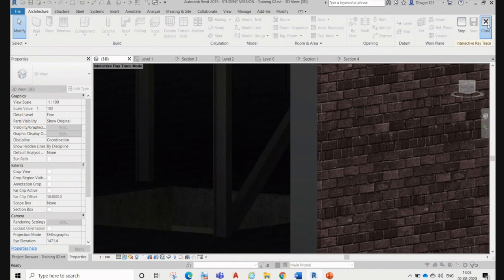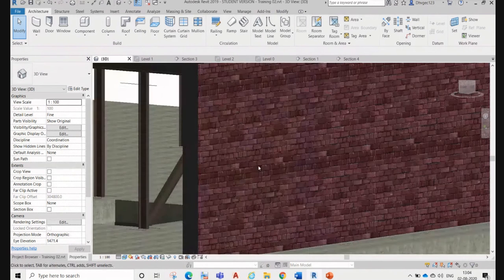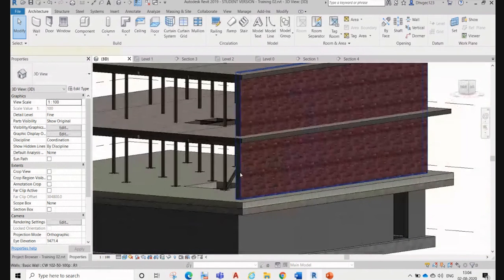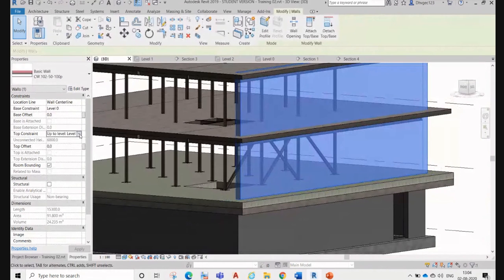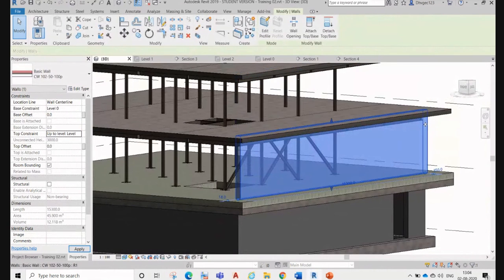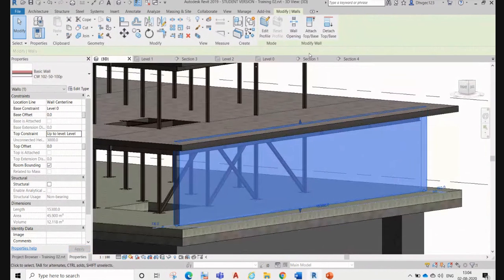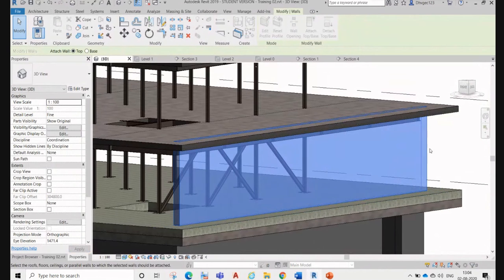Okay, just close it. But why is it level 1? Detach and attach to the base.